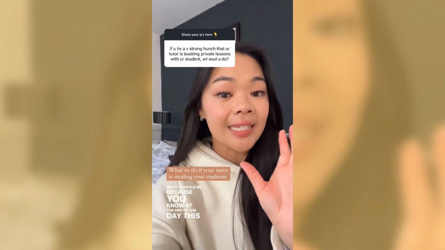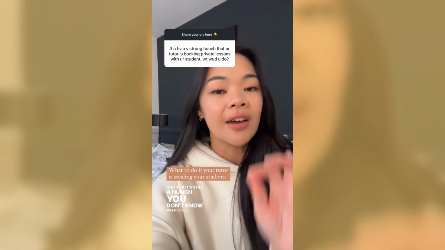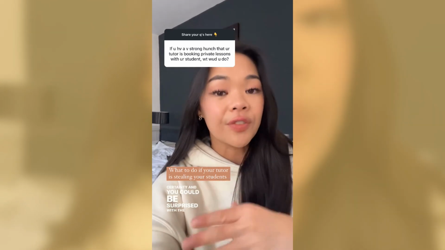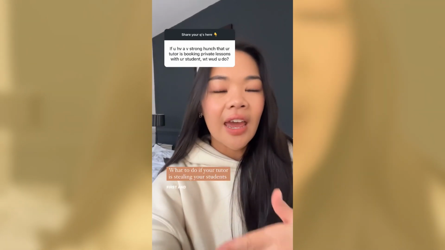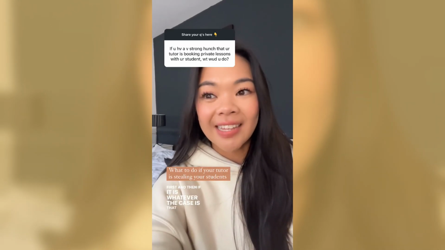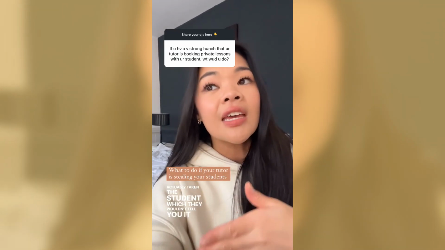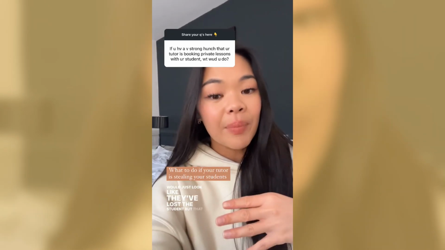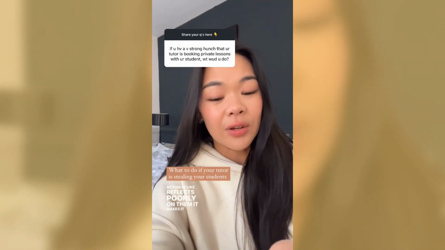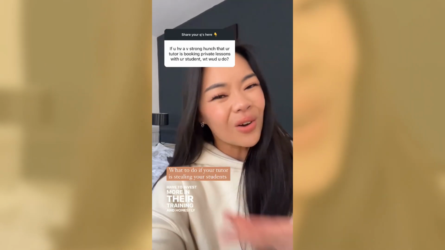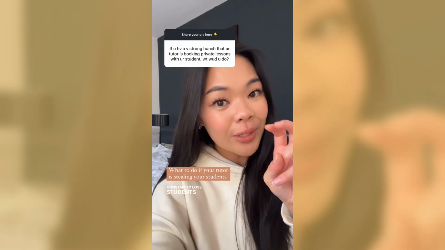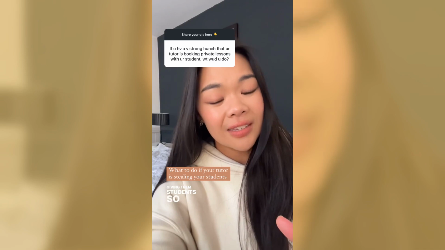Because, you know, at the end of the day, this is still a hunch. You don't know with 100% certainty, and you could be surprised with the results that come out of this. I'm a big believer of being compassionate first, and then if it is the case that they have actually taken the student, which they wouldn't tell you, it will just look like they've lost the student, but that actually reflects poorly on them. It makes it look like they aren't performant as a tutor, and then you're going to have to invest more in their training. And honestly, if they constantly lose students, you're not going to want to keep giving them students. So that's what I have to say about it. There is absolutely no need for you to retain a tutor who isn't performing.